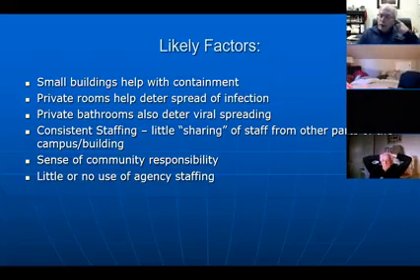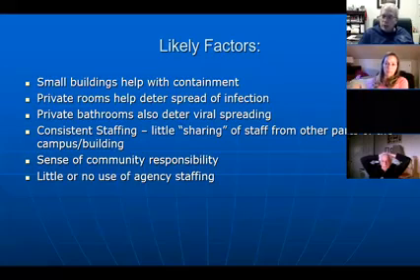We very rarely, I can't even remember the last time we used an agency staff person in a greenhouse, because the agency folks would just have no idea of the conceptual basis of how we operate those. And there's also a greater sense of community responsibility when not only the families and the staff members grow very close to the elders in a greenhouse. One of the things we very frequently see is that when an elder in a greenhouse passes away, the sense of grief is much more profound than on a traditional nursing unit, because everybody has just gotten much closer in a family-like setting.